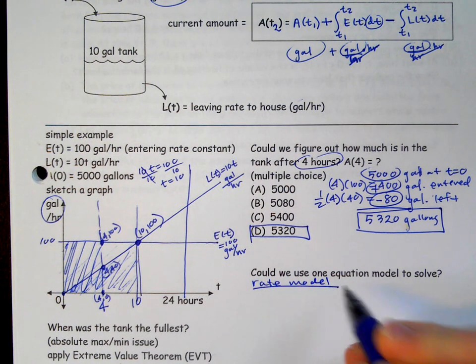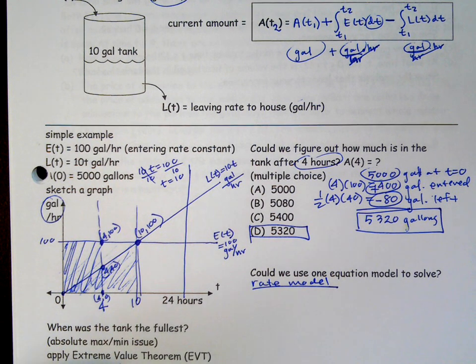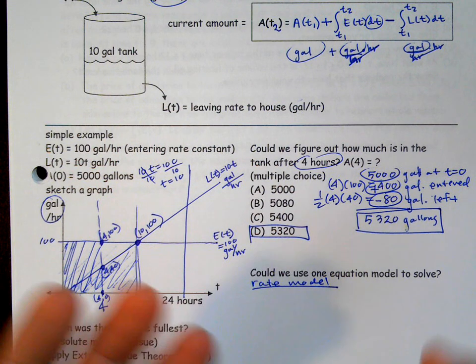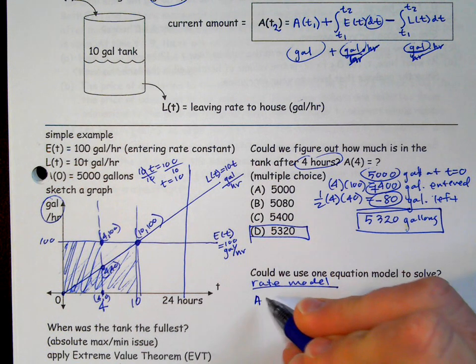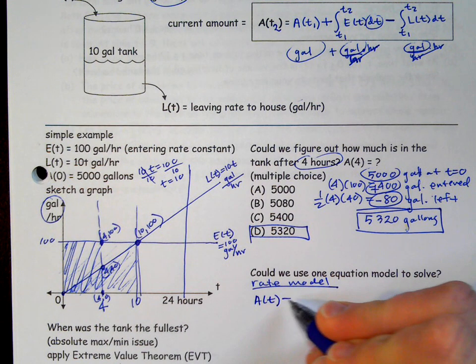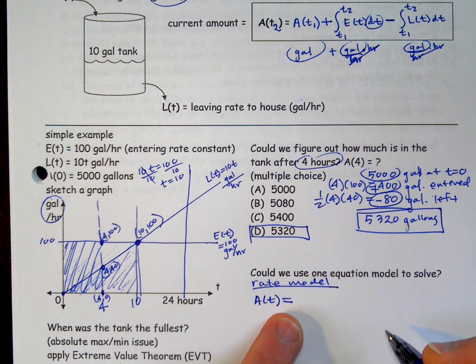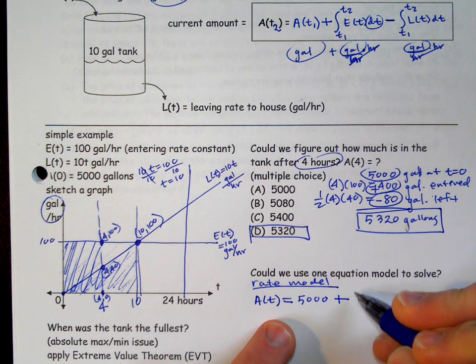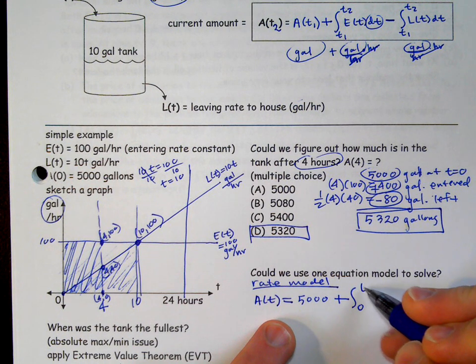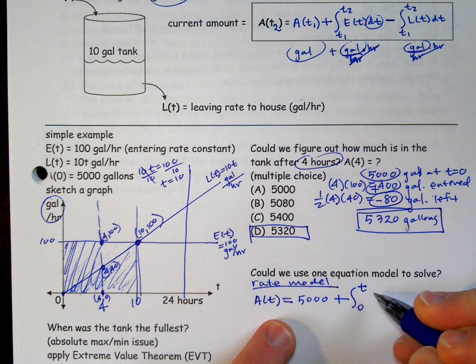Okay, a model is like an equation that describes what's happening, or in this case, how much water is in the tank. So this is a model for the amount of water in the tank. And so the amount of water in the tank at any time is going to equal the initial amount, which we said was 5,000, plus the integral from 0 to whatever time we're interested in of how much water entered the tank,